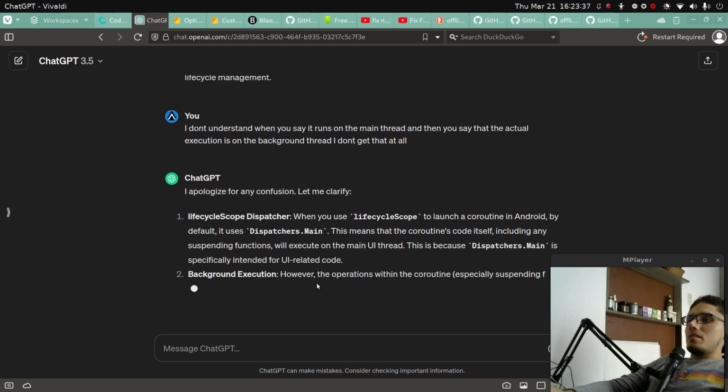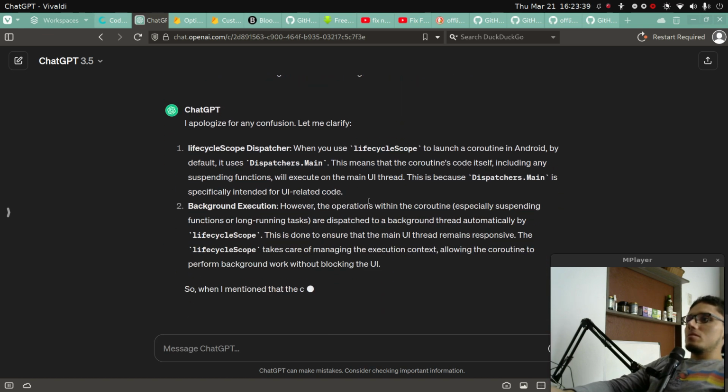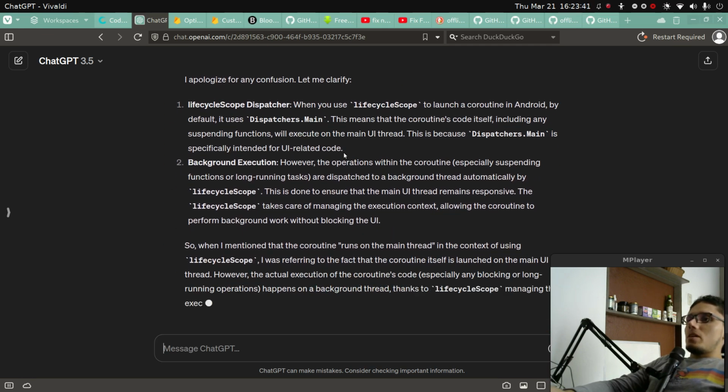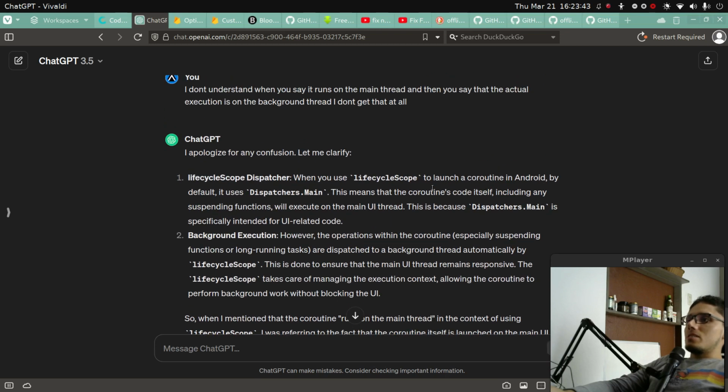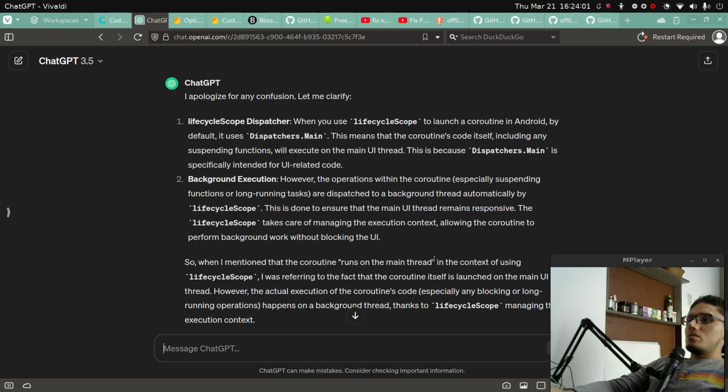Apologies, let me clarify. When you launch with lifecycleScope, it uses Dispatchers.Main. This means that the coroutine code itself, including any suspending function, will execute on the main UI thread. This is because Dispatchers.Main is typically intended for UI-related code. However, the operations within the coroutine, especially suspended functions or long-running tasks, are dispatched to the background thread automatically by lifecycle code. This is done to ensure